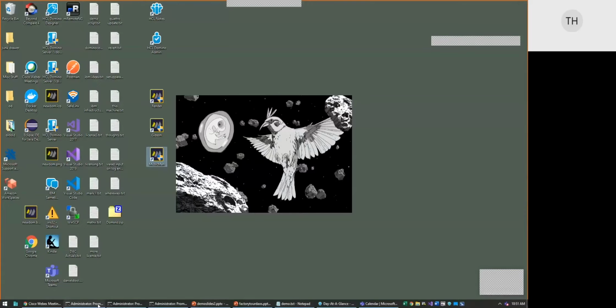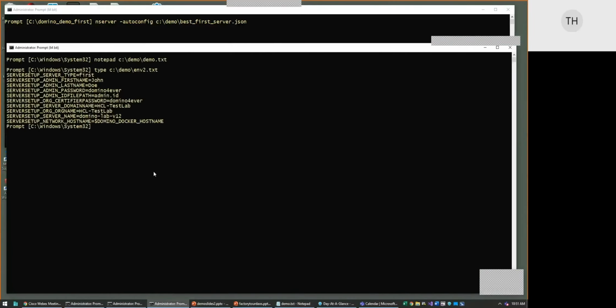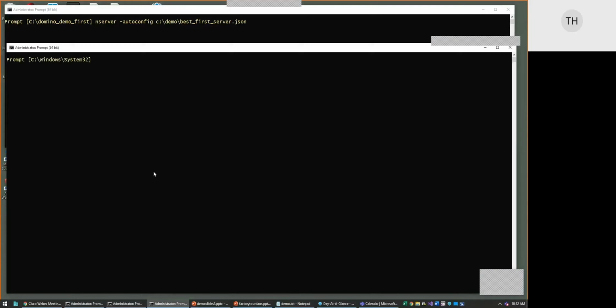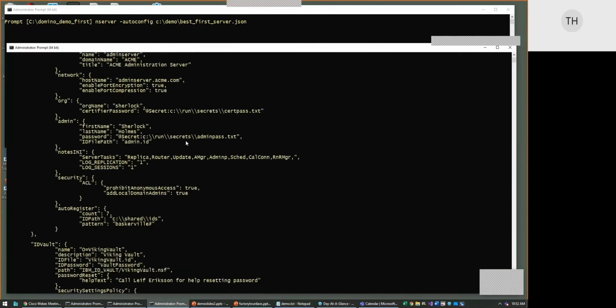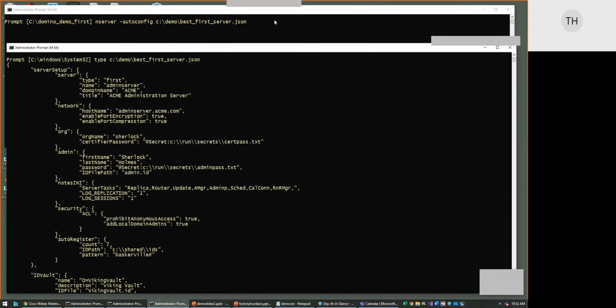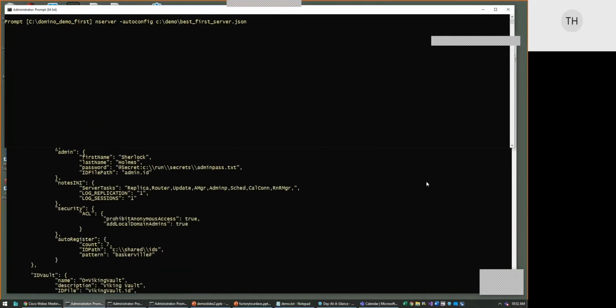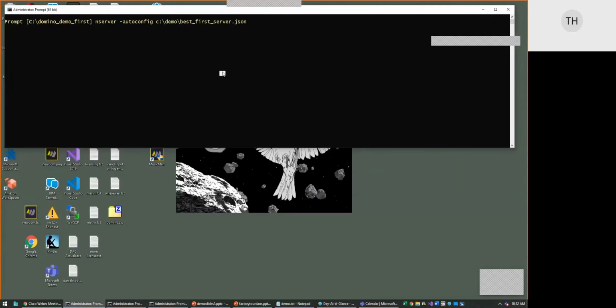So we are going to run this. This is just the same JSON file that I just had in the slide. Here, this is an on-premise Domino server on Windows, so I'm actually going to run the nserver program, and I'm going to say autoconfig and pass in this JSON file. So when I hit enter, oops, get the window focus,